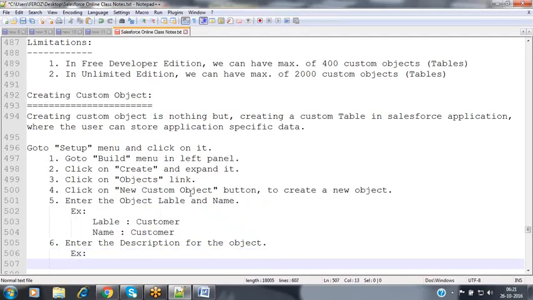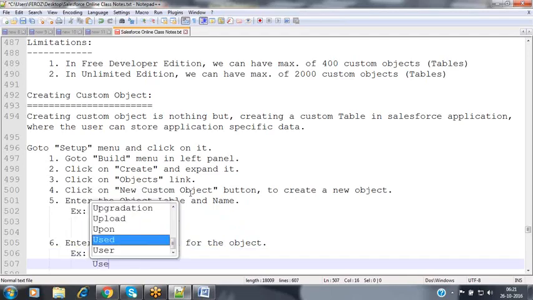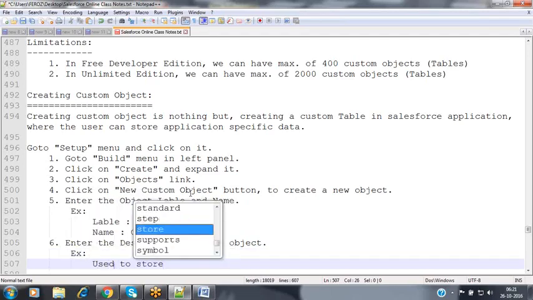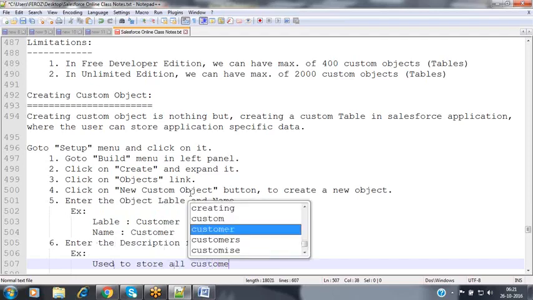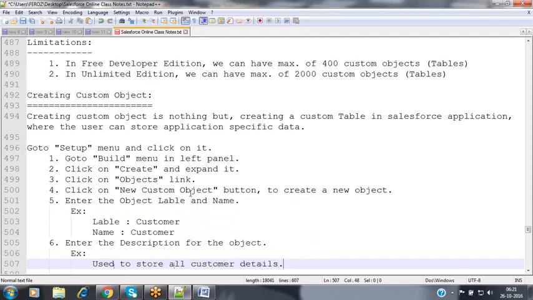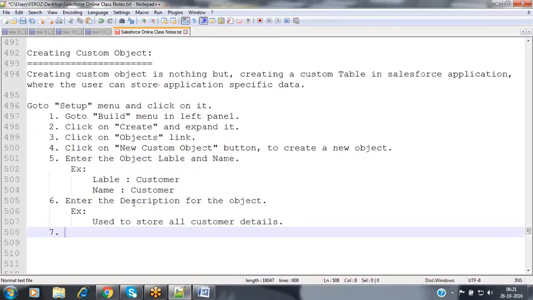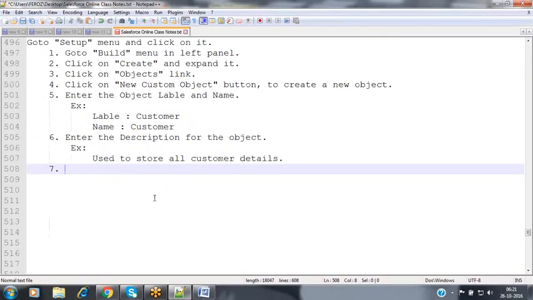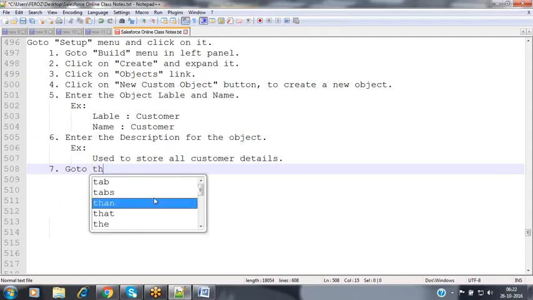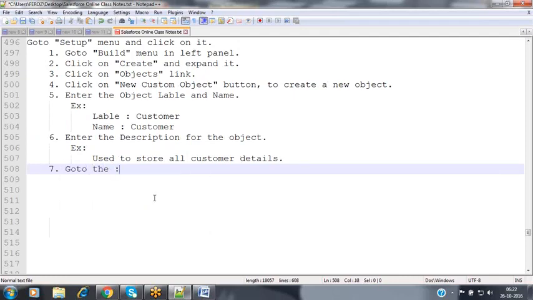So I'm giving some description: this object is used to store all customer details. Once you enter the object details, nothing but the description, the name and the label, then go to the optional features section.